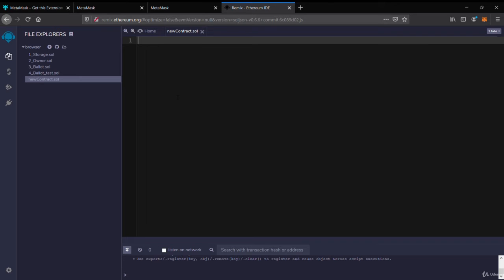Now the basic structure is how you start. So first you have to write pragma solidity, and then the version. You have to first mention a caret. This is a caret symbol, and then the version. So right now we'll be using